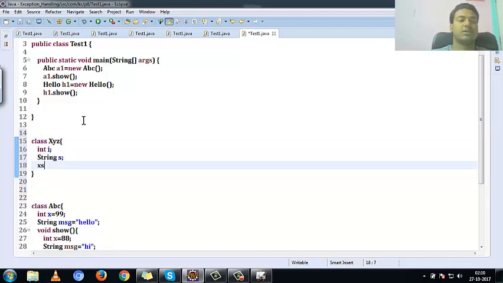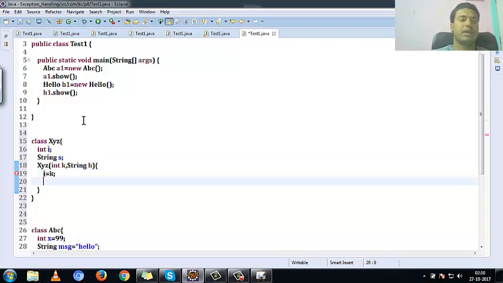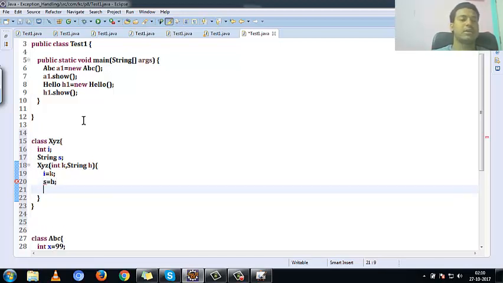Now in this I have a constructor, so XYZ, and two arguments, int k and string type h, right? Now here I'm writing i is equal to k and s is equal to h, right? Done. Then you have a method here, void show info